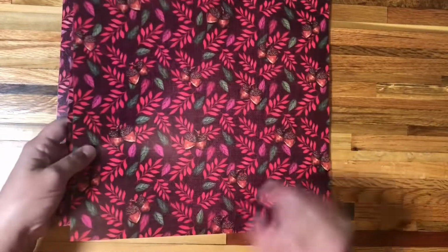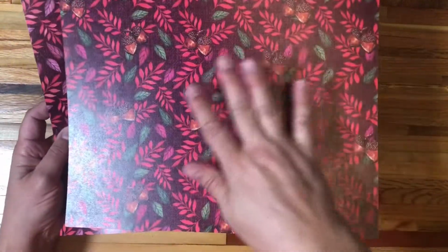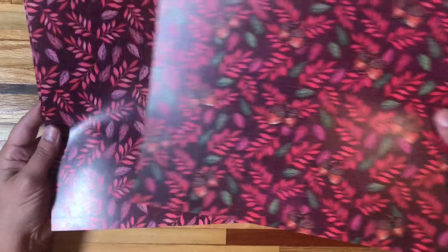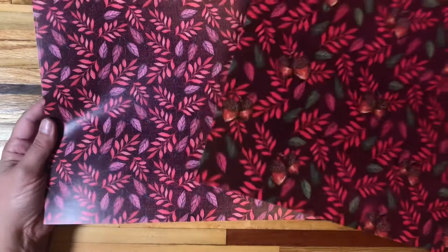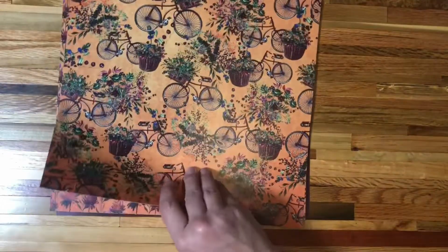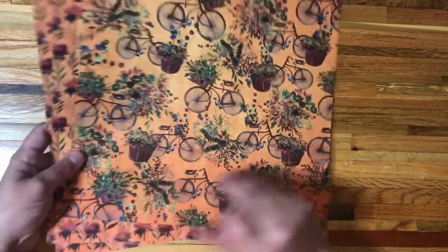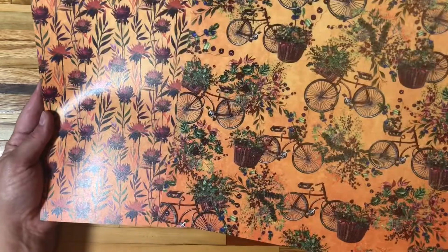Then you have this acorn sheet, and this is lovely. It's just so bright and vibrant. You have your greens in here with the acorns, but on the back you have a more muted tone. So it doesn't have the green, it doesn't have the acorns, as you can see, but it's just slightly more muted. Lovely. Here you have your bicycles and the baskets with all those florals on this awesome orange